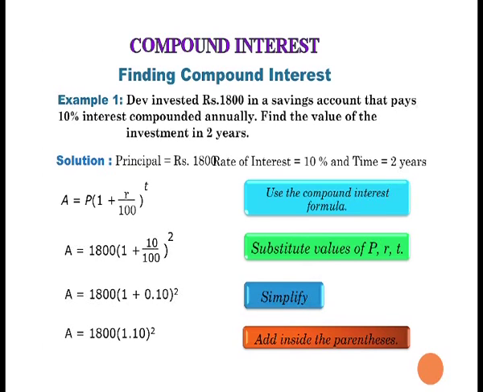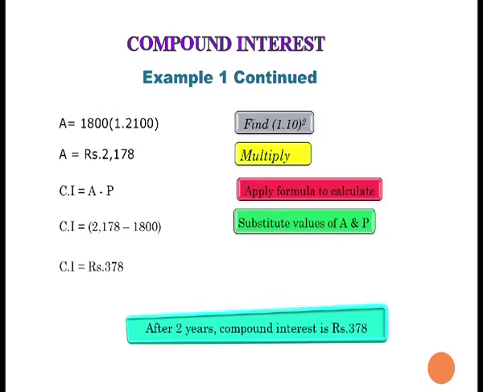As per the formula, we know that A equals P multiplied by 1 plus R upon 100 to the power T. When we solve this, we get amount is 1800 multiplied by 1.10 to the power 2, which is equal to rupees